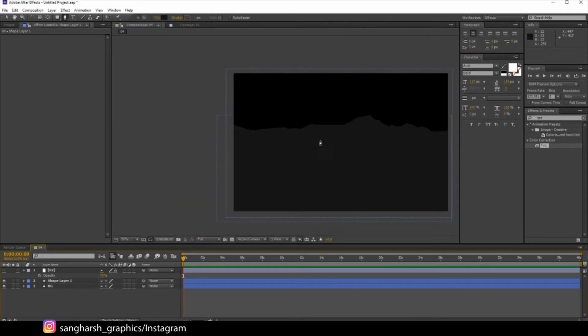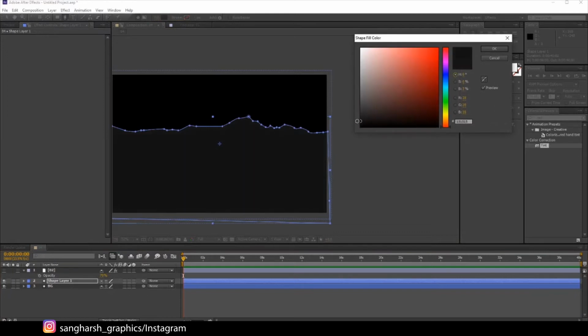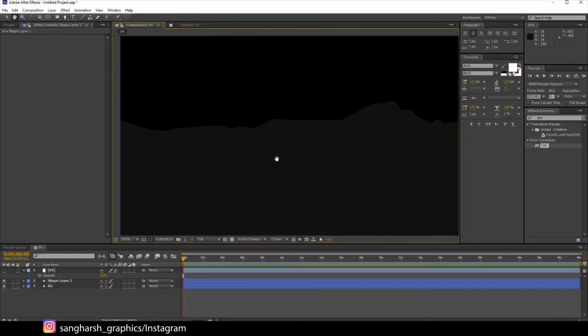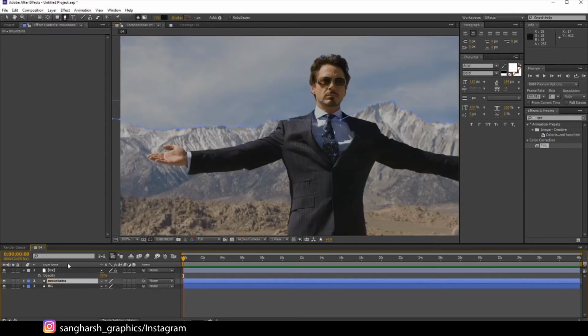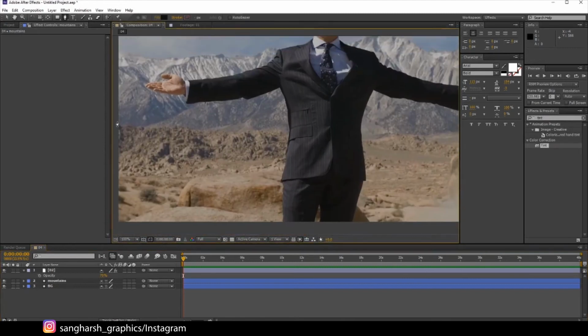Now you can see we have these two colors of two different depths. The sky is darker, the mountains are a little bit brighter. Rename it to mountains. Deselect all the layers. Now let's select this foreground.